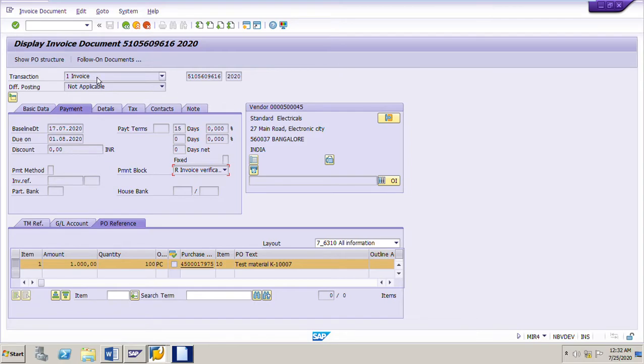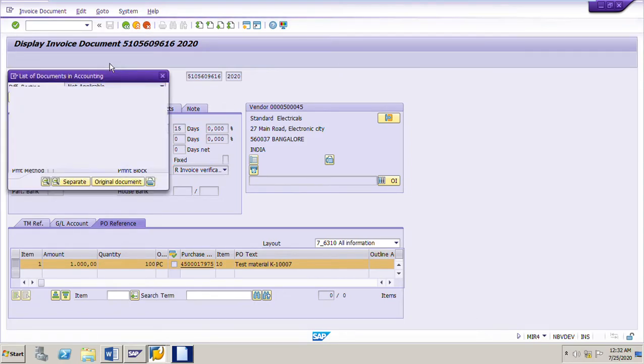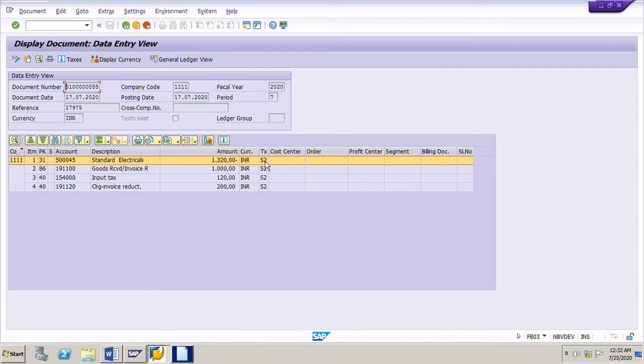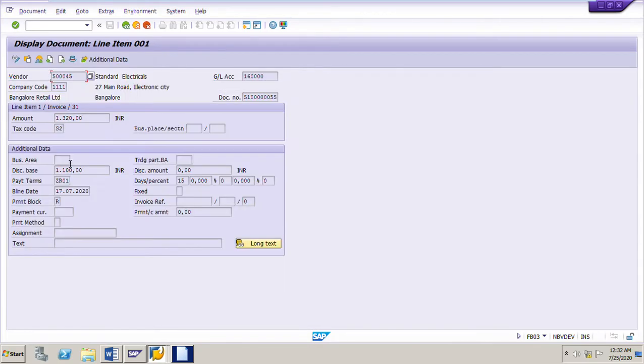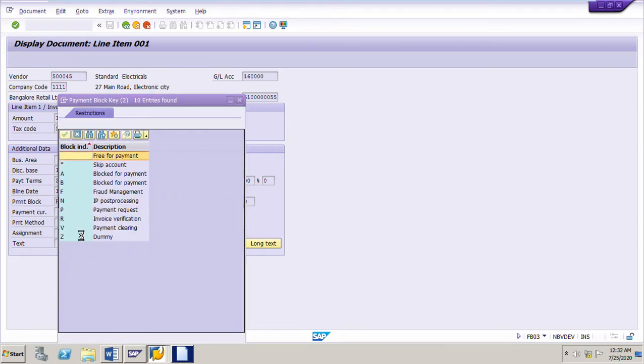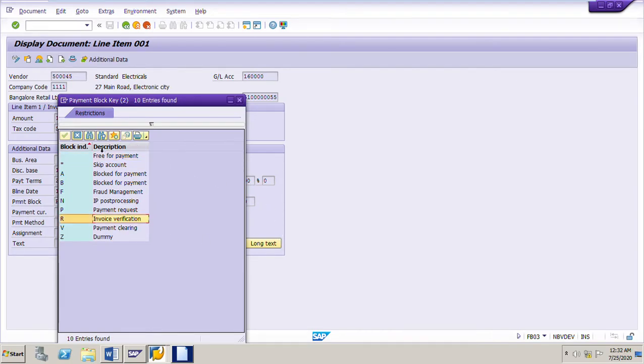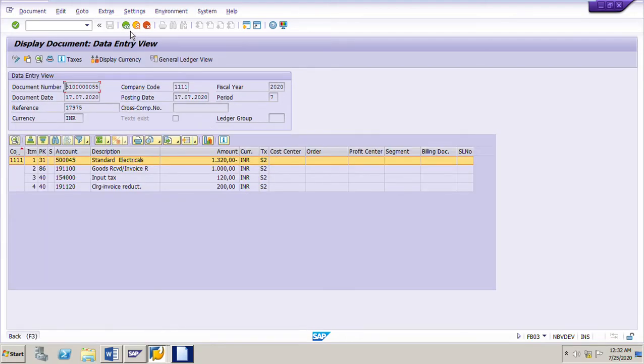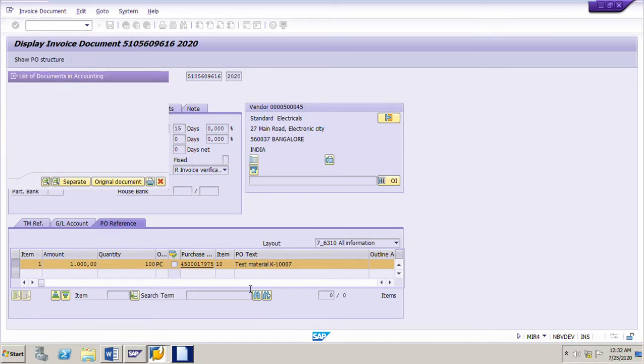Further, if I go to the accounting document, this is the vendor line item of the accounting document. If I double click on this, I can see that the payment block is R, which is selected by the system automatically. That means the invoice is blocked and the finance department cannot make payment to the vendor. This is in the vendor line item of the accounting document of the invoice document.